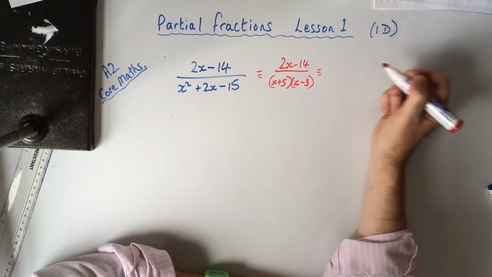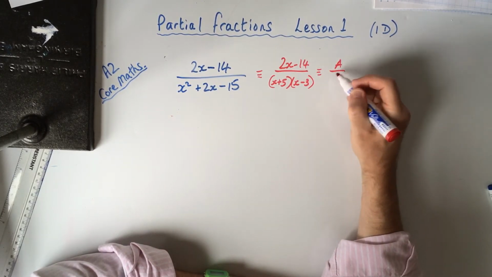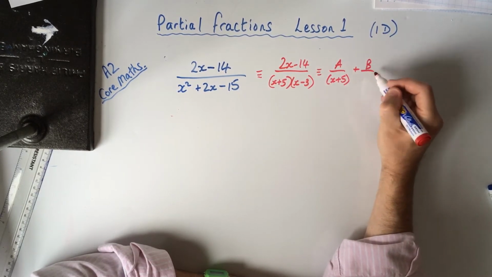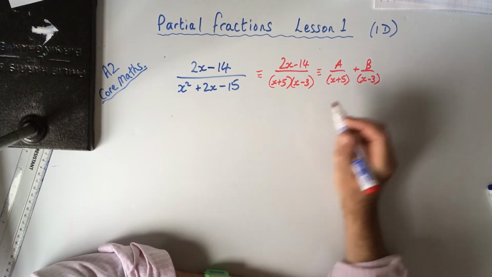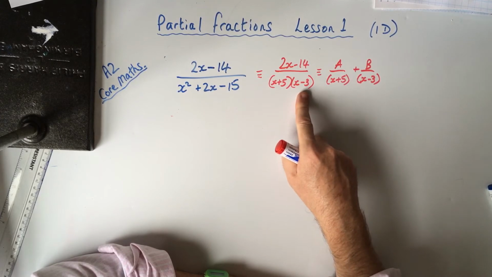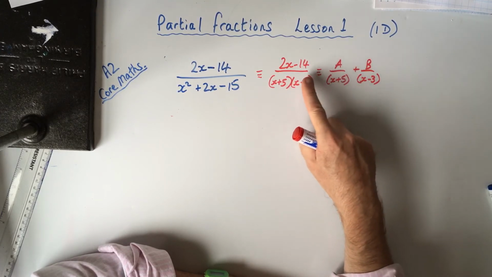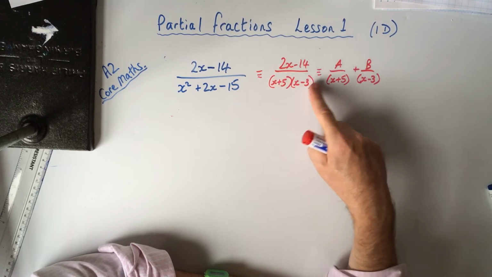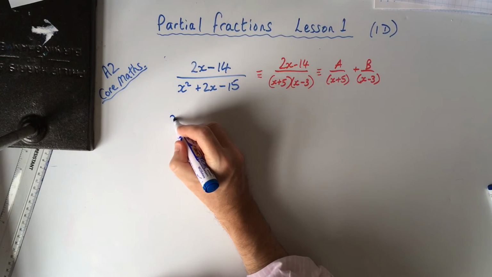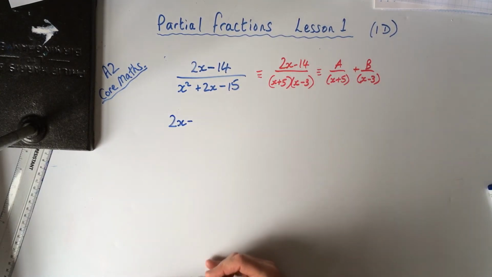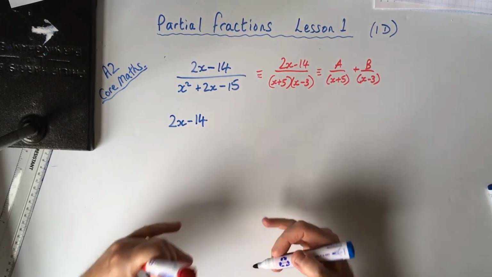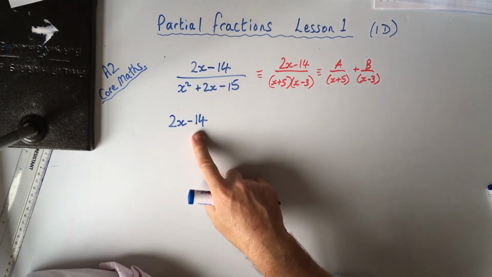So we know that that can be written as a over x plus 5 plus b over x minus 3. So I've factorised the denominator, and then we've split it up, and this can be written in partial fractions of a plus b. And going straight to it now, if I did all of that working, I'd end up with the line somewhere down here of 2x minus 14